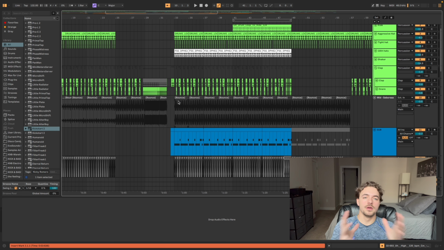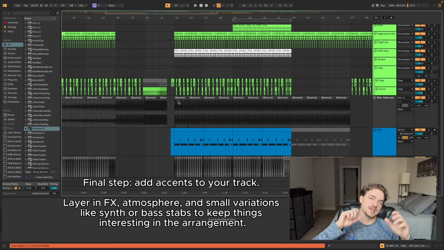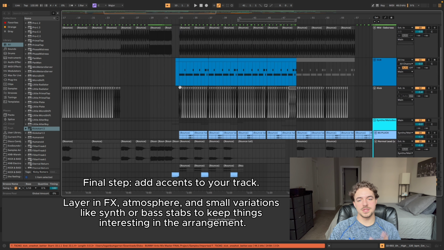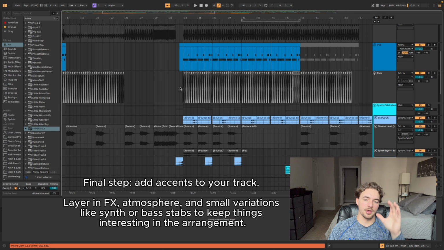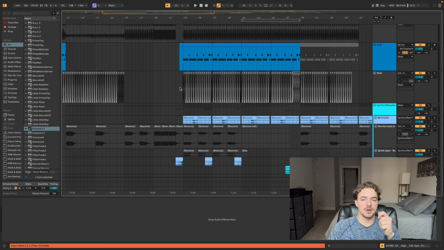Once I have my full arrangement built out, that's when I'll do the last but not least, which is your accents and effects for your track. I would say effects for the track and that atmosphere and all that is kind of an accent to your main piece of the track. If you can make a track sound good with just the arrangement without any effects or accents or anything, it's going to sound even better whenever you add that.